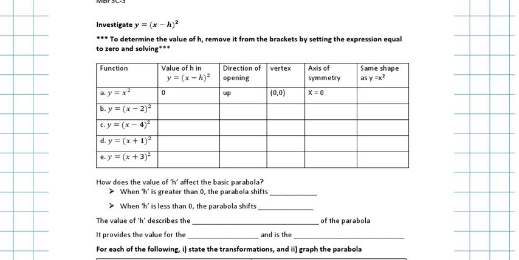So now we're going to investigate y equals x minus h squared. You see that the h value is in a bracket with the x, and there's a minus before it. So it's x minus h squared. In order to actually find the value of h, you have to remove it from the bracket and then make it the opposite sign. So that means if I have x minus 2 squared,